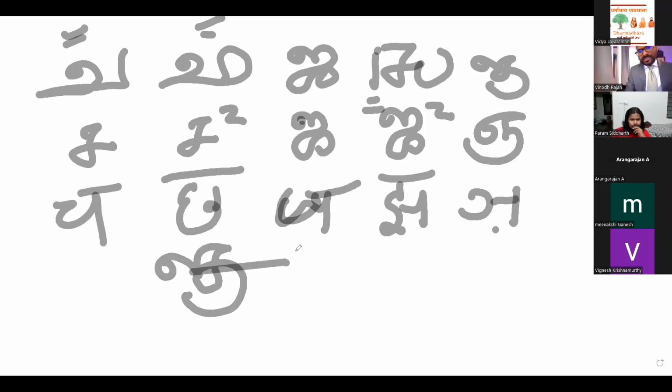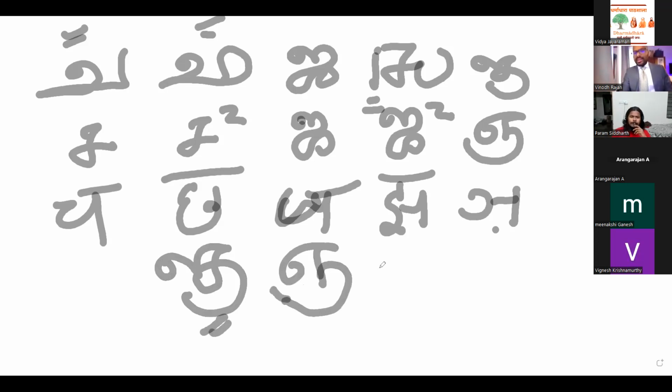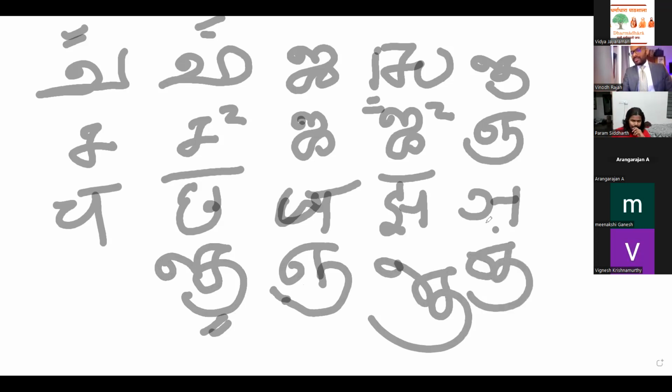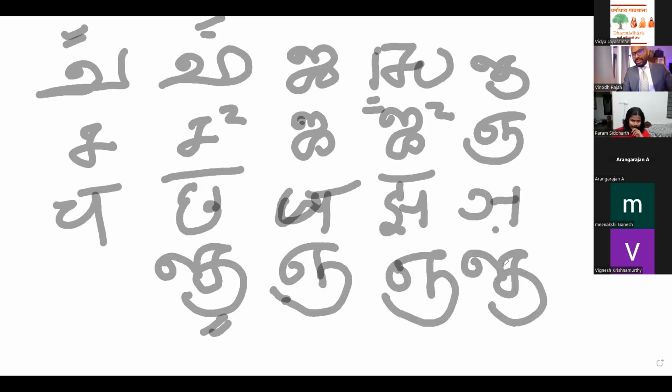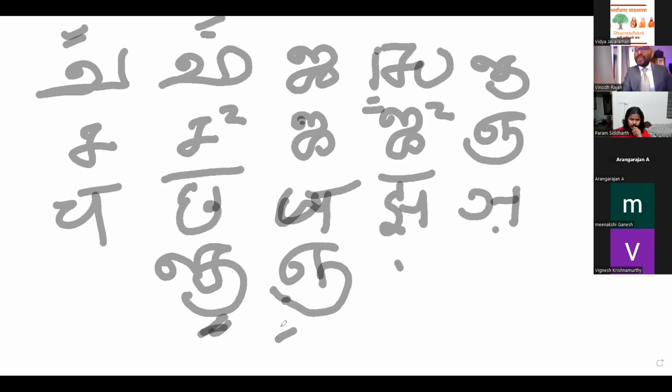And the Tamil nya looks very simplified. But if you write it fast, it pretty much looks like Tamil nya, right? So you can take it. It's pretty much like Tamil nya. Tamil has its standards in this way and Grantha has its standards in this way. But again, you see that the framework of the two letters, the skeleton of the two letters, is pretty much the same. If you take Tamil nya and write it fast,